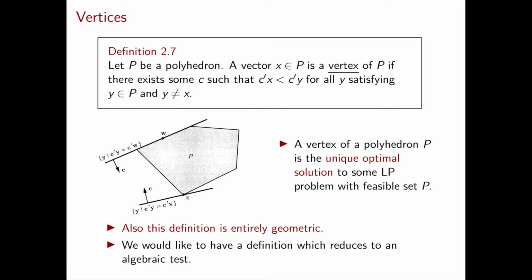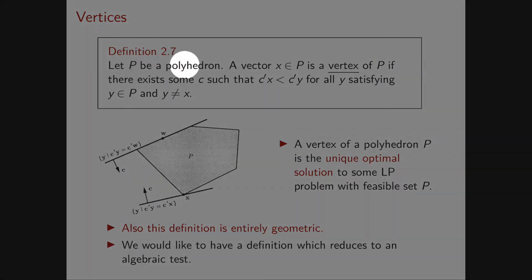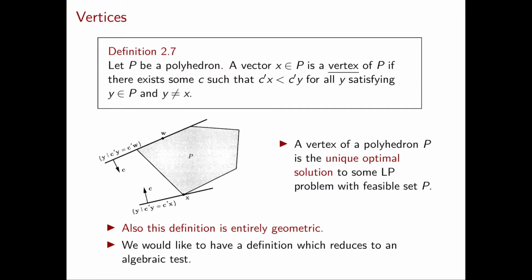In fact, we never care, in this definition, about how P is given to us. We only check if vectors are in P or not. So also this definition gives us a very intuitive view of corner points, or better, of vertices. However, at this point, we have enough geometric definitions to fully understand the concept of corner point. What we want to have next is what is called an algebraic definition, which is a definition that uses explicitly the given system of linear inequalities defining P. Having such a definition will give us a big advantage, because then checking if a vector is a corner point or not will just be possible with a simple algebraic test.